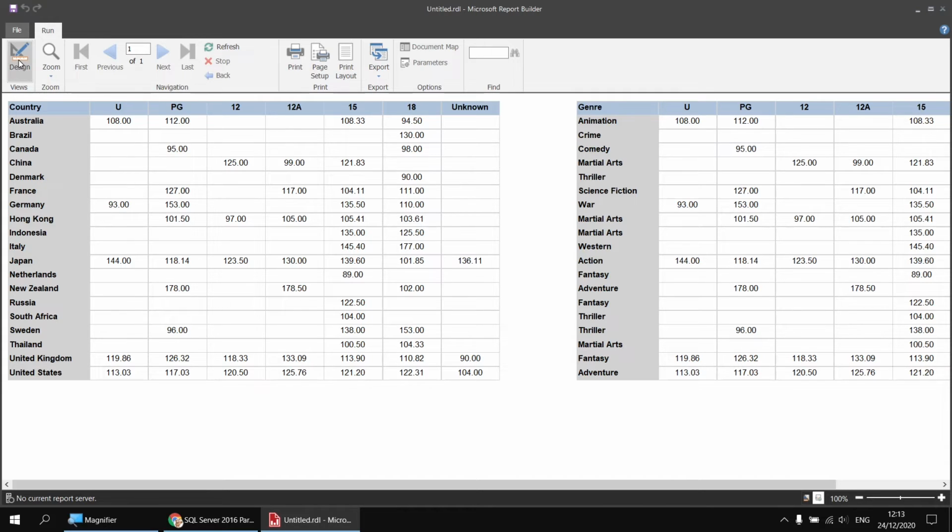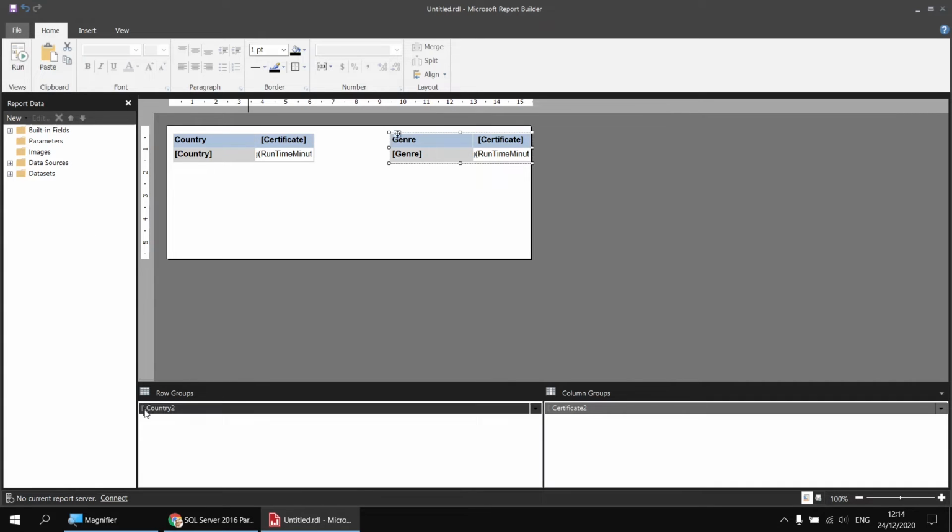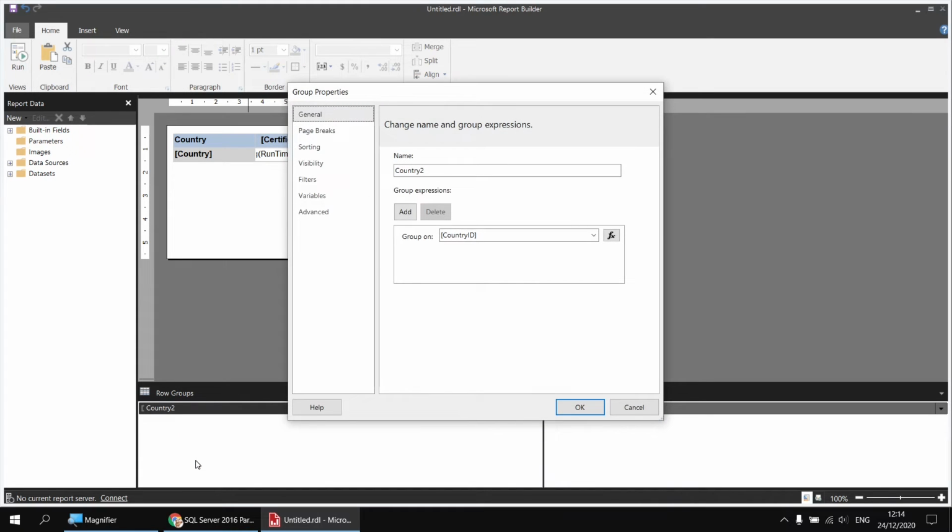Let's head back to the design view, and I'm going to select my second matrix so that I can see the existing row group now called Country 2. I'm going to right click on that and choose Group Properties. I'm going to change the name of the group so that it makes a little more sense. I'm going to call it Genre, and then I'm going to change the Group On expression to refer to the